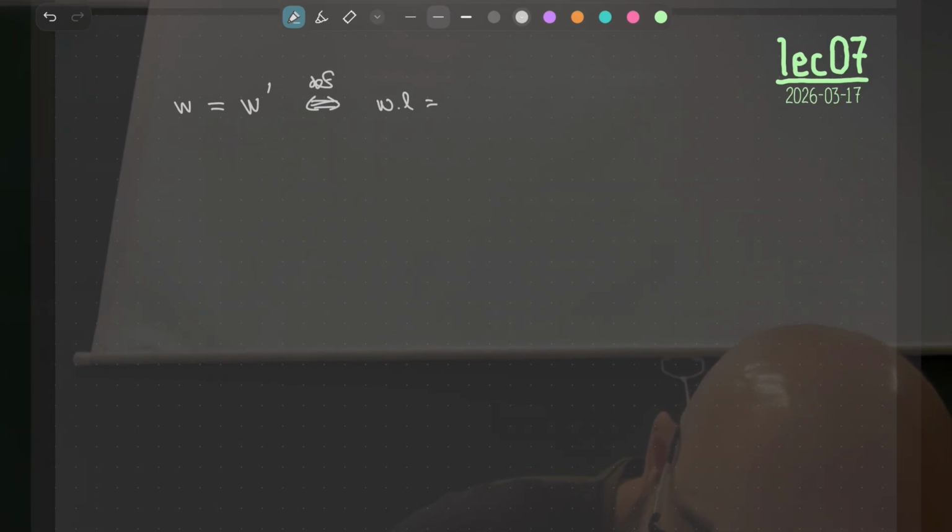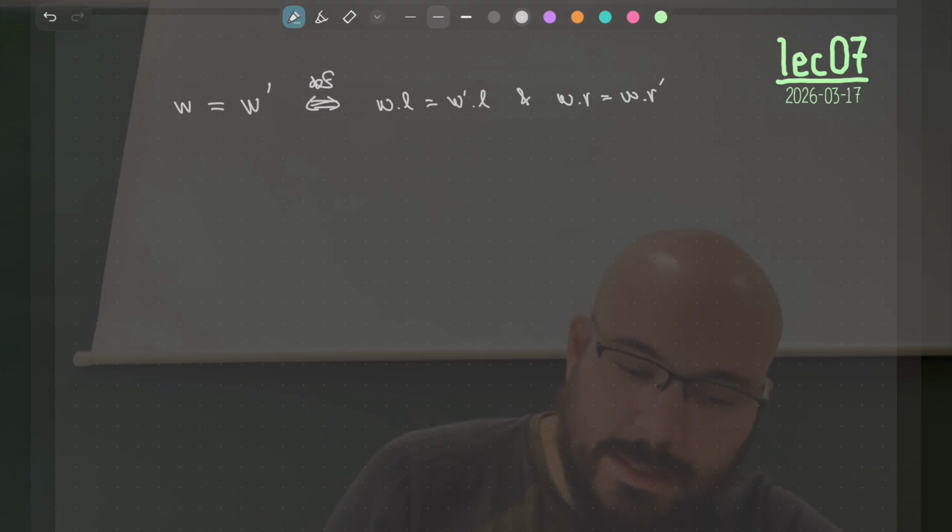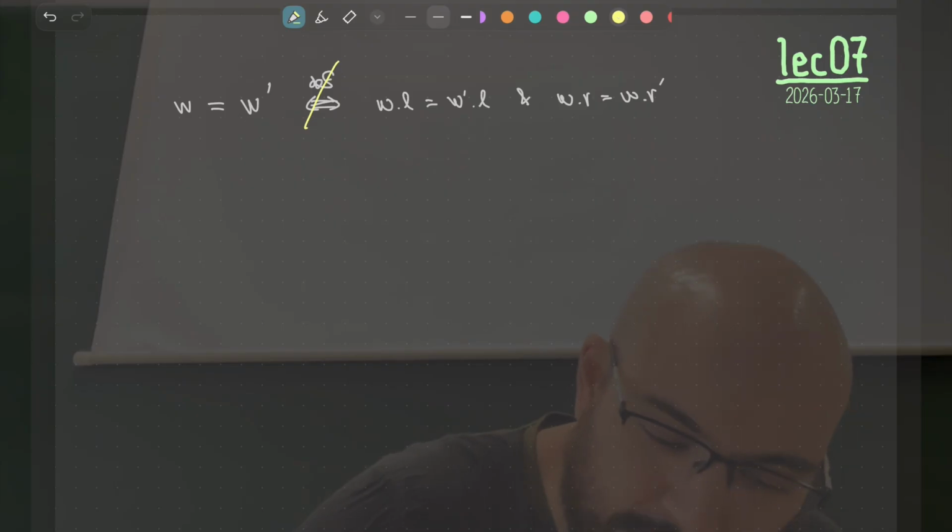And what RT proved here was that, okay, usually you see something like that. W is equal to W prime, as if it's a definition. It means that they agree on the projections. And actually, the surprising thing is that this is not a definition anymore. This becomes a theorem.